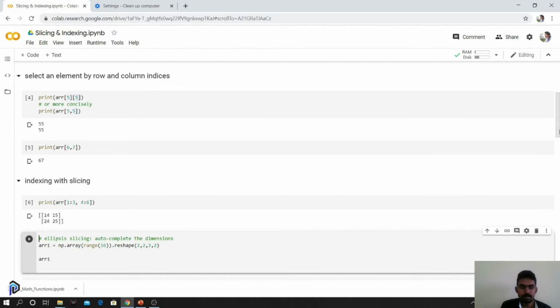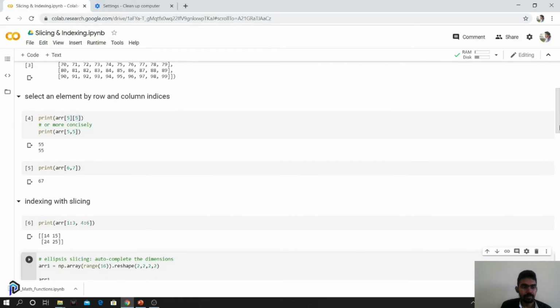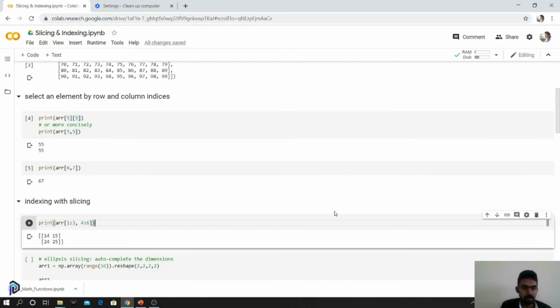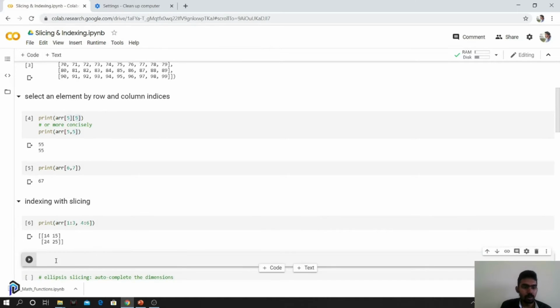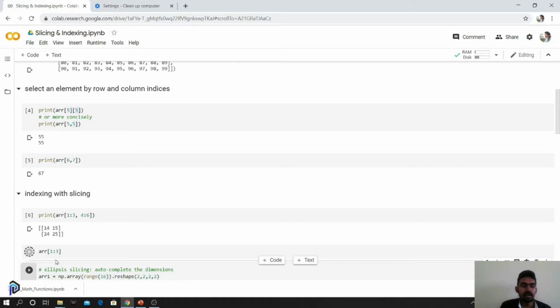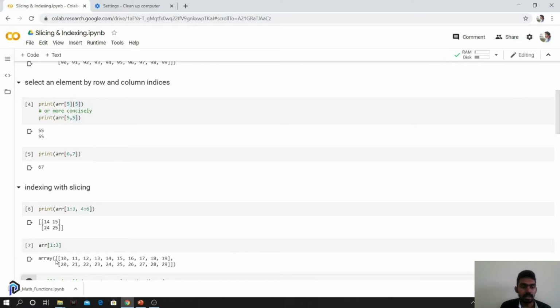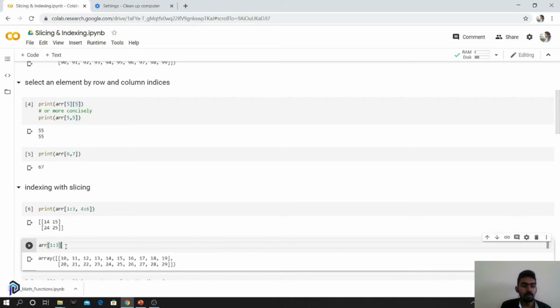So is it clear? I'll just try to break this down for you. First, we are creating the first row and the second row alone. Let's say this is what we have.